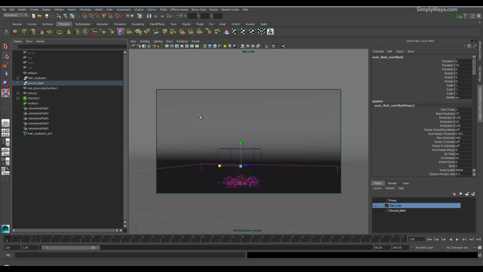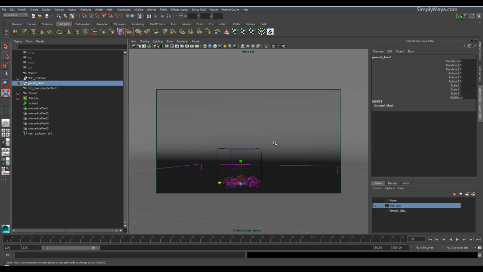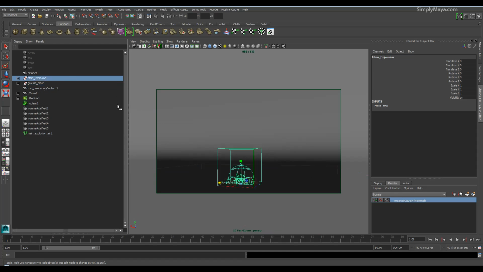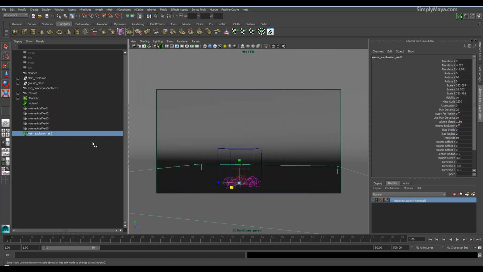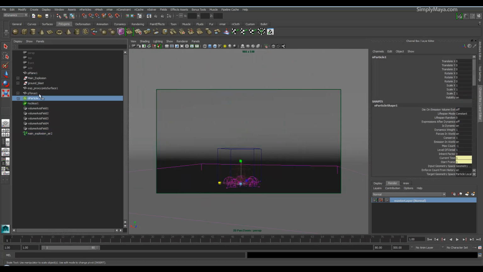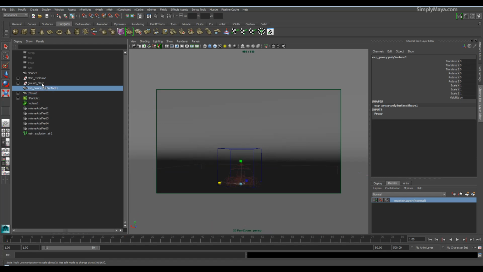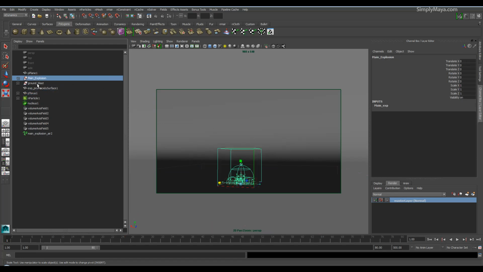Can turn this off, and what I'd like to do is copy the main explosion to its own layer, and this time it will be a render layer, not a display layer. So I'm going to select everything from the main explosion, and I'm also going to shift select this ground sheet, this ground plane. And let's see, this airfield I believe is not from the main explosion, these are all from the secondary explosion. Okay, so in our case it is actually quite organized, so it's just the main explosion and